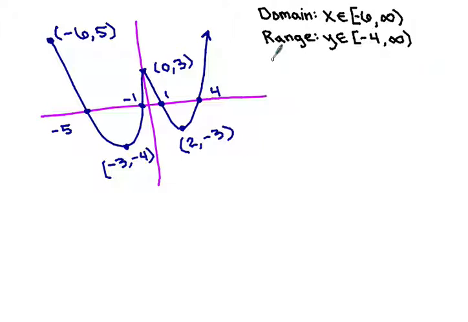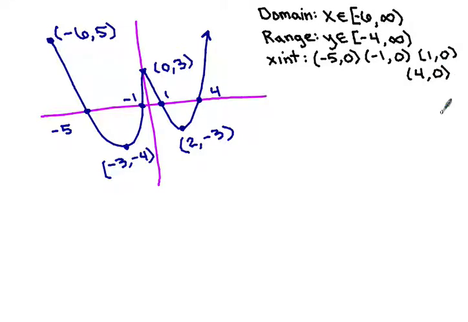Next piece is going to ask for your x-intercepts, which I will ask for as the zeros, and then in parentheses it'll say x-intercepts. So these are literally the coordinate points of your x-intercepts. So you're going to give -5, 0. You'll give -1, 0. You'll give +1, 0. And 4, 0. Okay, so those are all of our x-intercepts. Then we'll ask